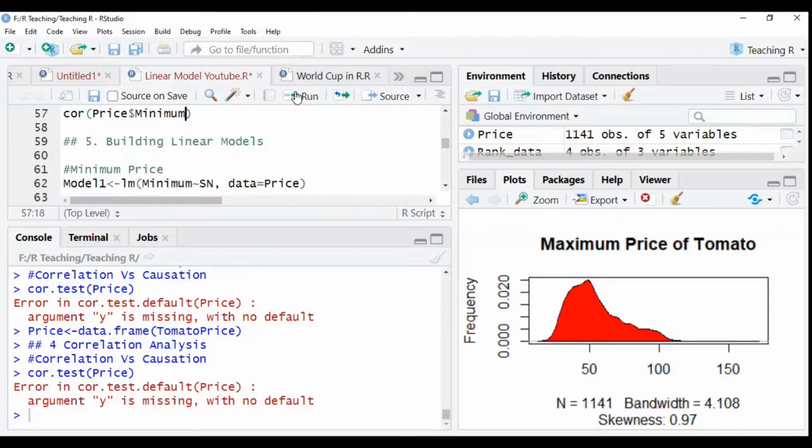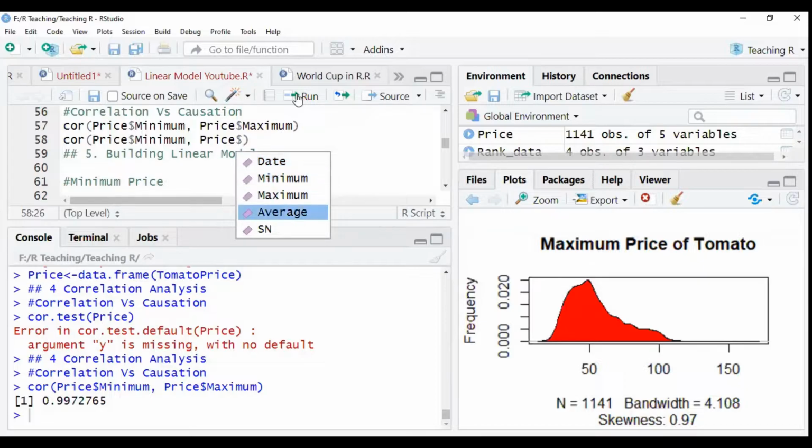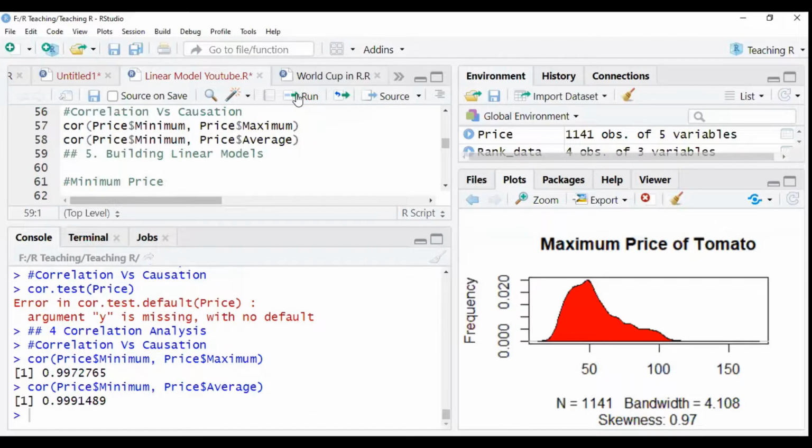Okay, let's take the test of minimum price and the correlation with the maximum price. What will be the result? There is not a very high level of correlation between the minimum price and the maximum price. In the same way, we can run the correlation test for the price of minimum and the price of average value. There is a higher level of correlation,